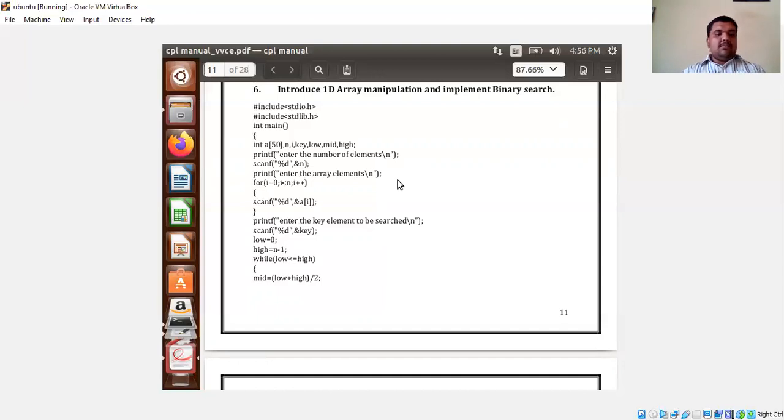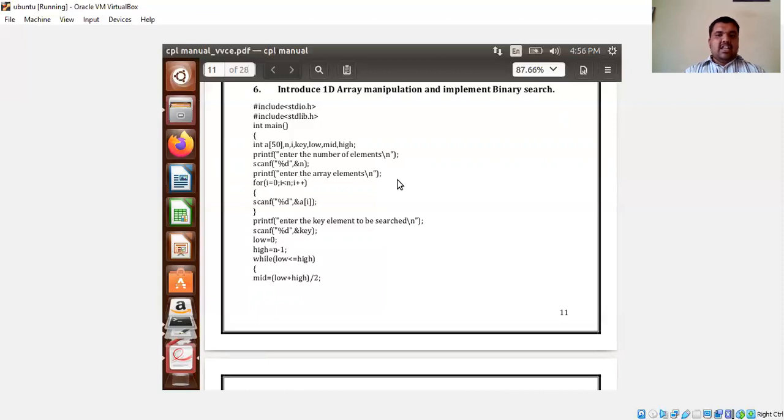Now the user is going to enter the number of elements, which is stored in the variable n. After specifying the number of elements, I need to enter those 5 elements. How to do that? We will go with runtime initialization of array elements by using a for loop and scanf statement. We know how it works. For example, for i equal to 0, i less than 5, n is 5 now, so 0 less than 5, the condition is true. I will enter the first element.